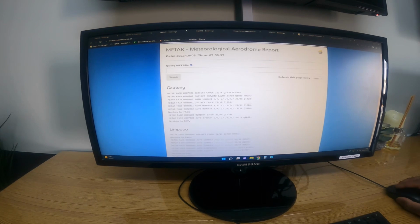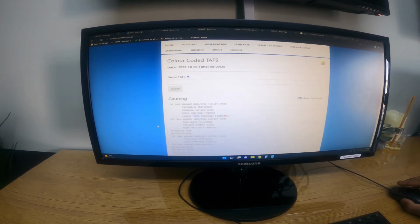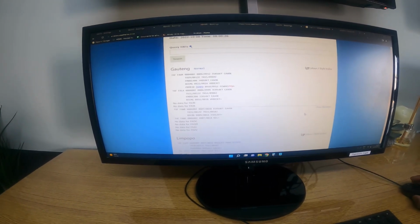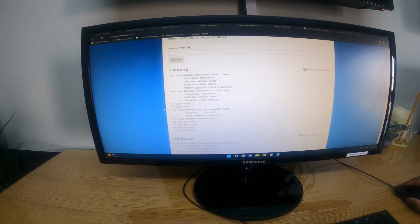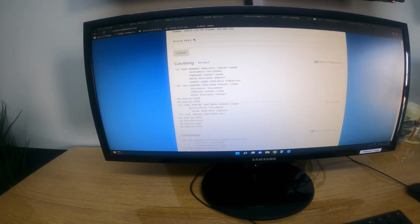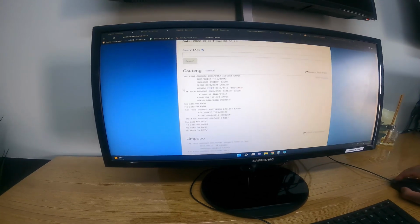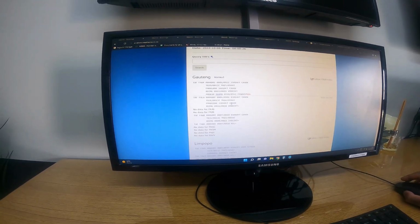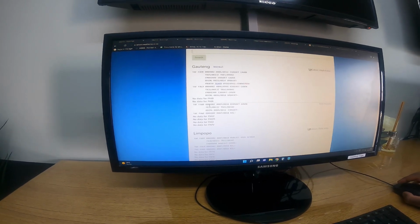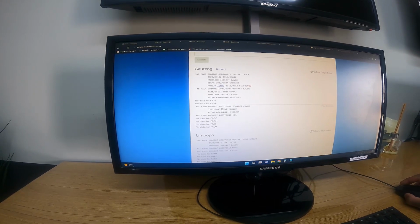Let's have a look at the TAF. Go to forecast. You can go to color coded TAFs. Right, so let's have a look at the TAF, which is a terminal forecast. And we can use it for Vonderboom, once again issued today, 6 o'clock Zulu, which is 8 a.m. local for today,